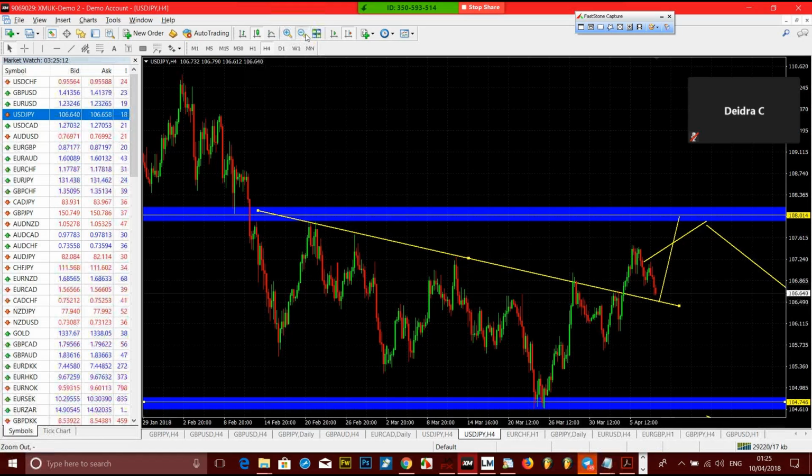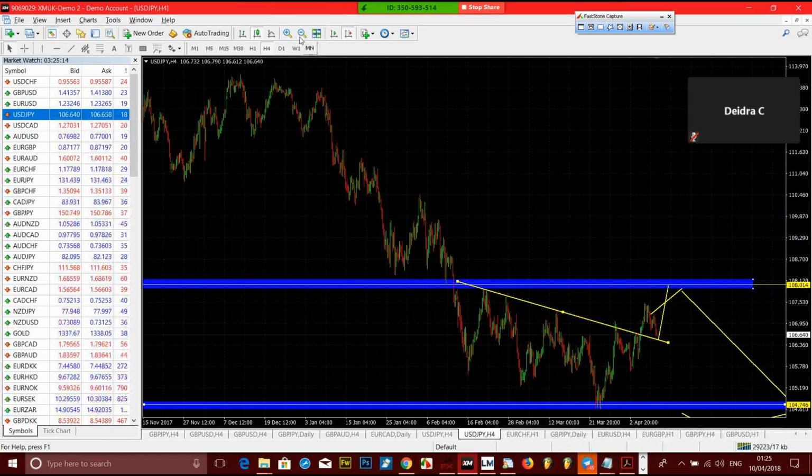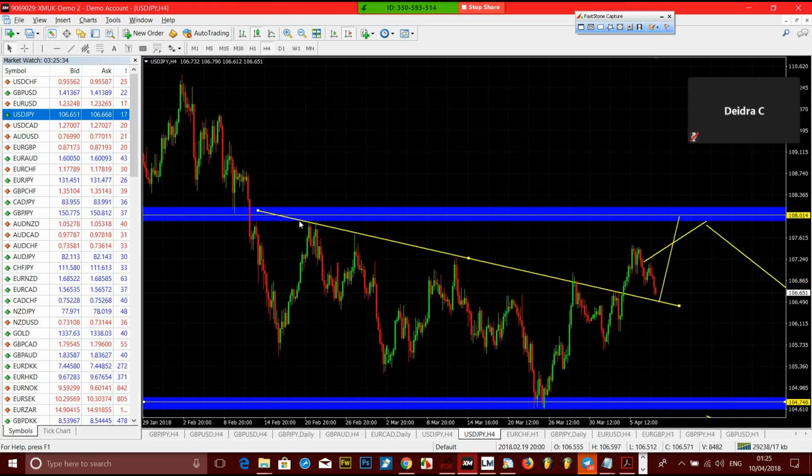Why am I so sure that this might come down? Because if you look left, you could see what happened here. You see that move. And what did you see? You see a breakout. It came back and retested, and then what did it do? It dropped. So it wasn't able to really test it properly. If you look closer, you will notice that it didn't really touch that line. So probably this is that test that we're looking for. But even though it doesn't come in and test it properly, it's still coming back up.